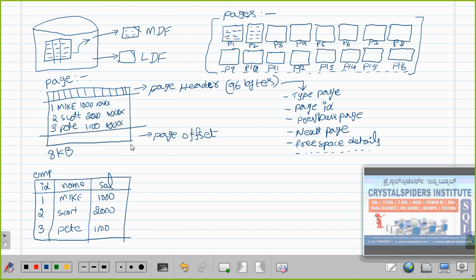Then that employee table is now in, let's assume, page P1. Page P1 is occupied by my employee table, and now there is no space in page P1. Then the employee table will occupy another page, page P2, and P2 also fills. Then it will occupy another page, page P3, and this page is half occupied.